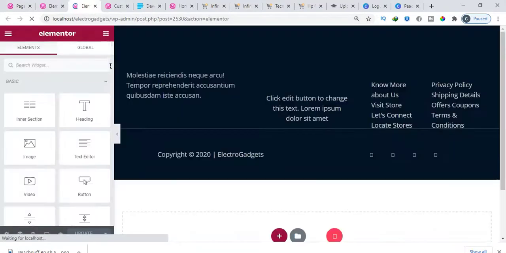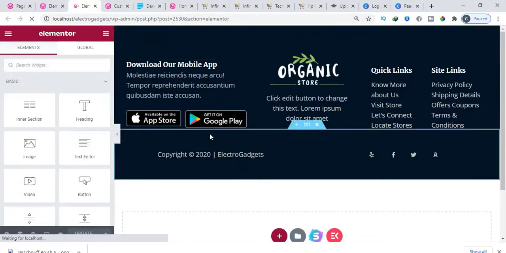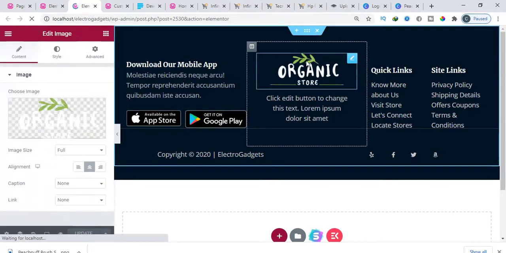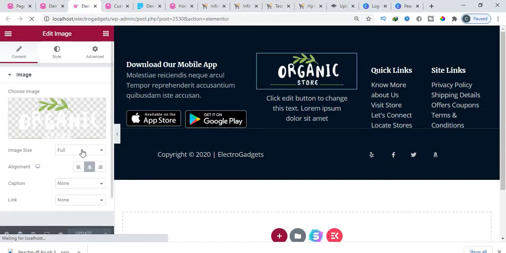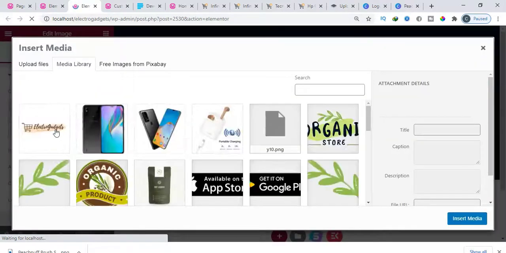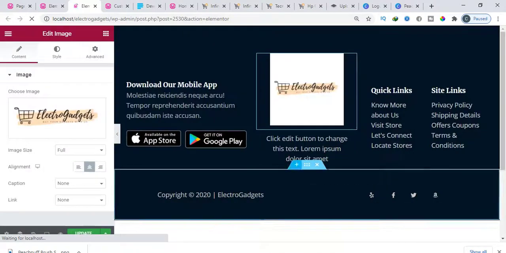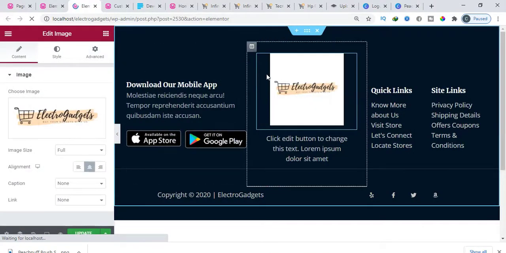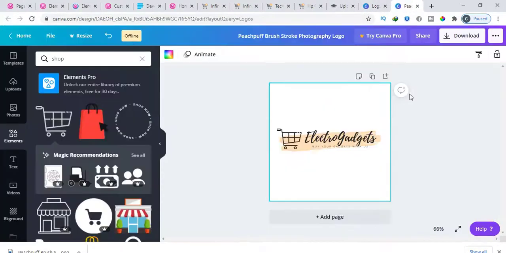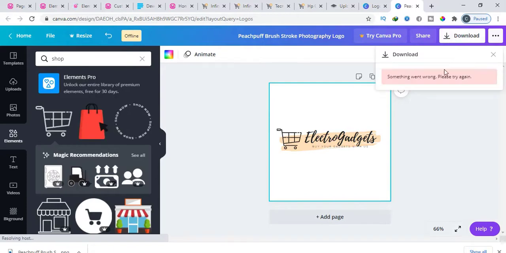Now when you are done with everything, then for the footer, this is what we're talking about. You want to remove this, you want to change this logo, just click on this. Okay, now choose an image. For that, you want to choose the logo which we customize using the Canvas website. Now you can decide to change this. While it's showing us this white background, is because we are not using a transparent background. And for us, we said it before, we can use a transparent background, we needed to do was to move our subscription from free to premium.